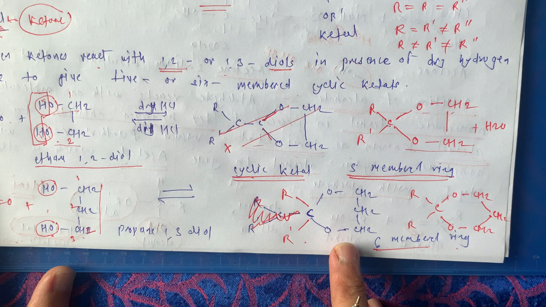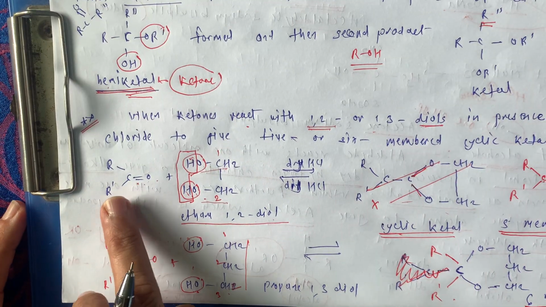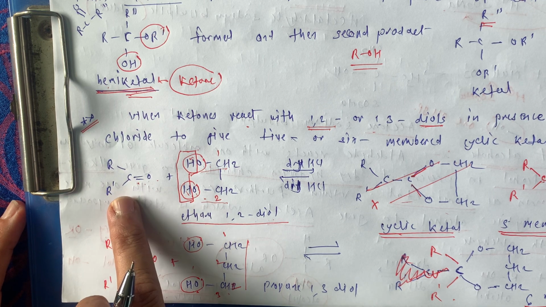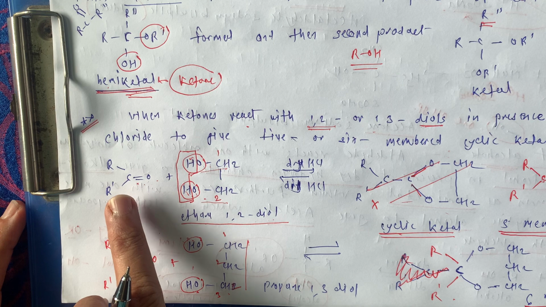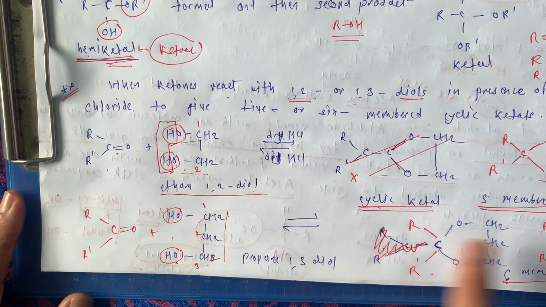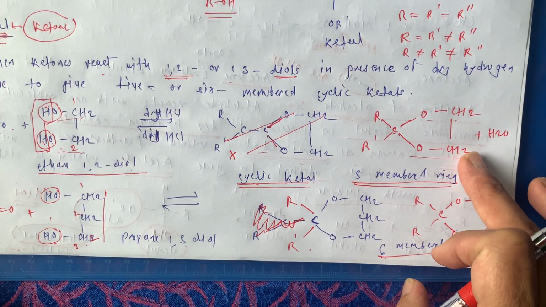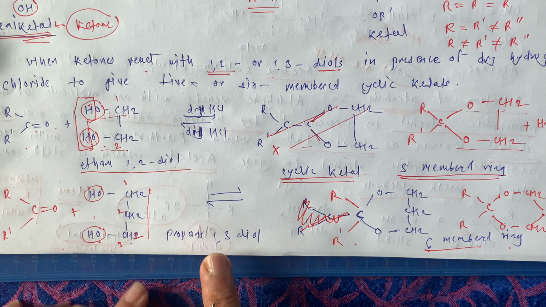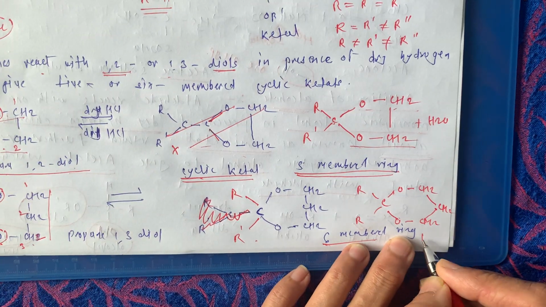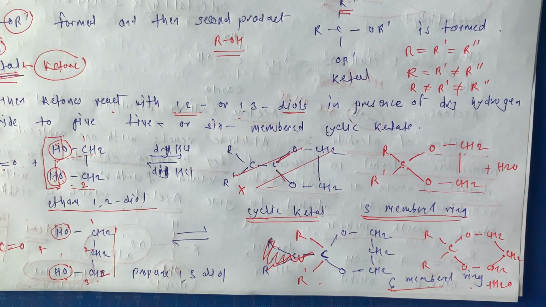Okay. So now, formation of cyclic compounds from ketone, and this reaction is available only for ketones, not for aldehydes. Where we use ethane 1,2-diol, we get a 5-membered ring, and with propane 1,3-diol we get this 6-membered ring, and again the same byproduct is H2O. This is all for these reactions.